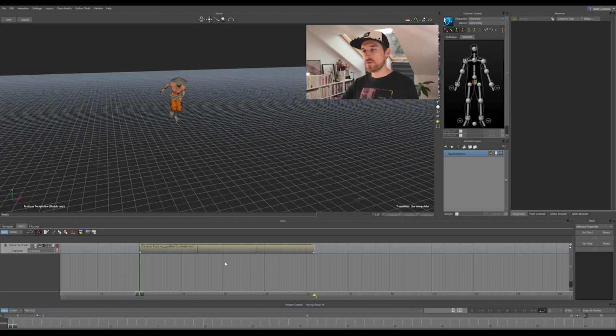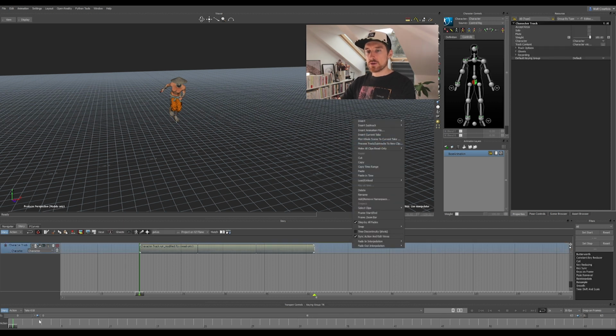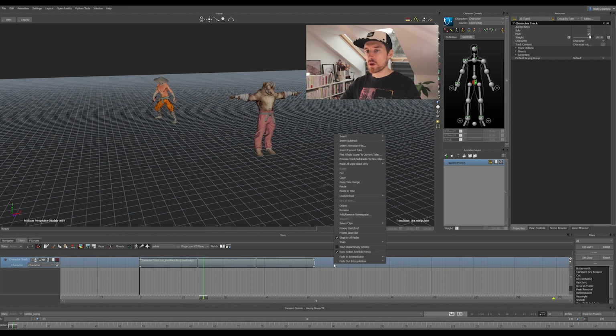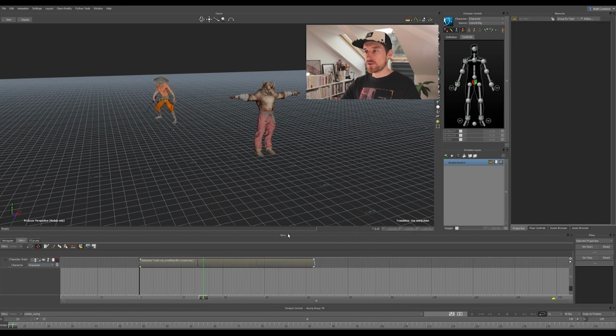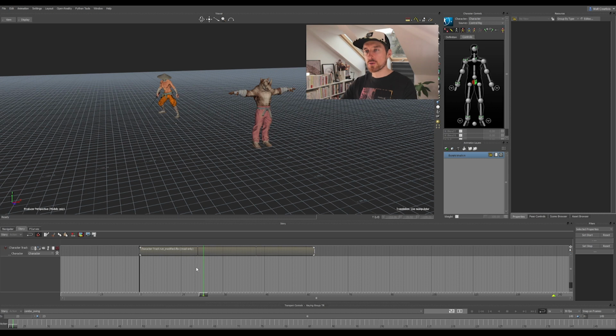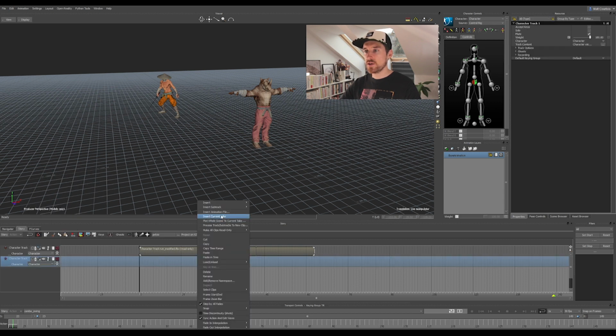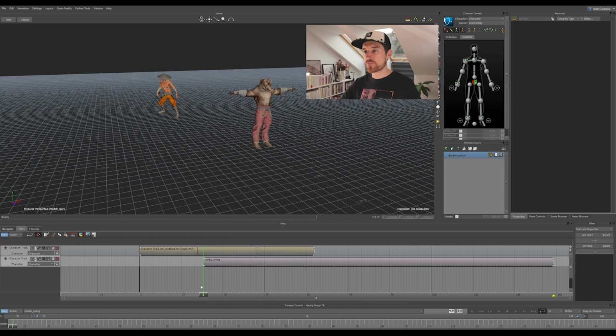All right, so I have a lot of data here to be working on, and then I'm gonna bring the combo. So you could technically just add the combo swing take on the same track, but to show you also some cool feature of the story, I'm gonna be using a second track. So let me just create another one with the same character, and I'm gonna add the combo swing.